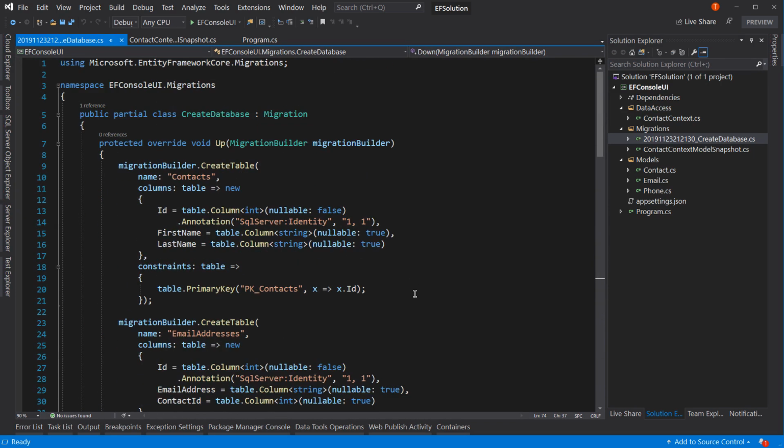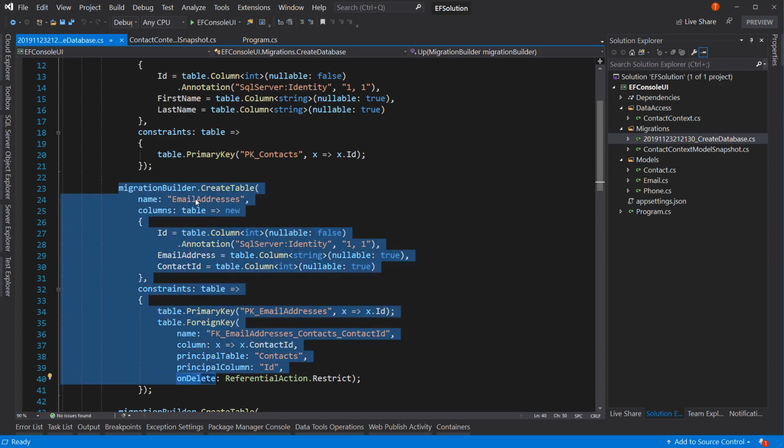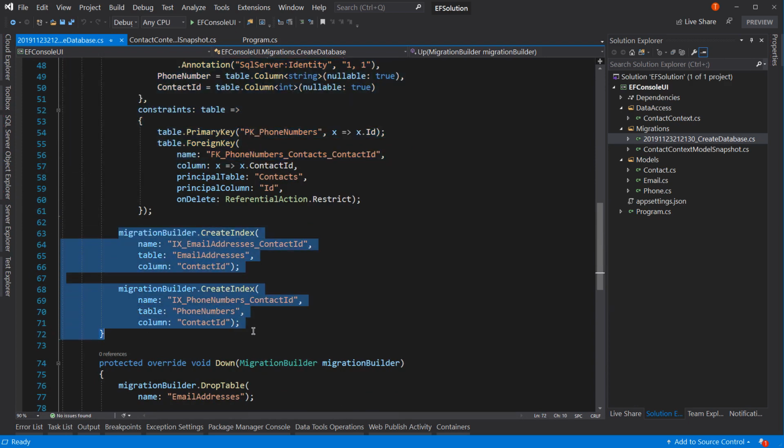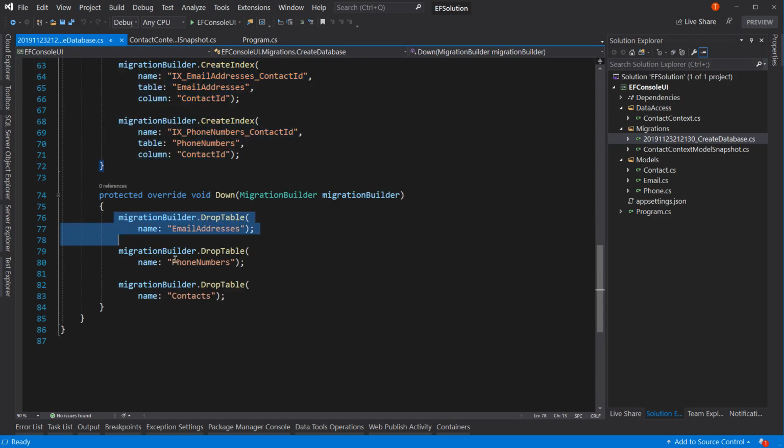All right. So the benefit of Entity Framework is that when you script out a database creation or table creations or table modifications or something to that effect, it creates an up script and a down script. And the up script is, notice it's going to create the table contacts. And it's going to create the table email addresses. And it's going to create the table phone numbers, and then it's going to create a couple of indexes. That's what it's going to do if you run this script and go up to this level. If you decide to roll back, it's going to